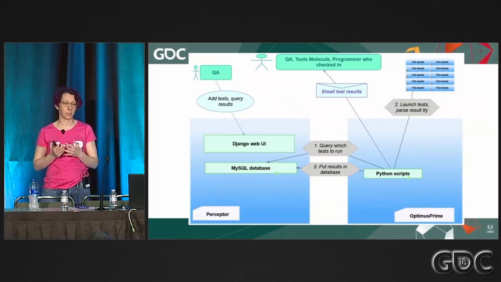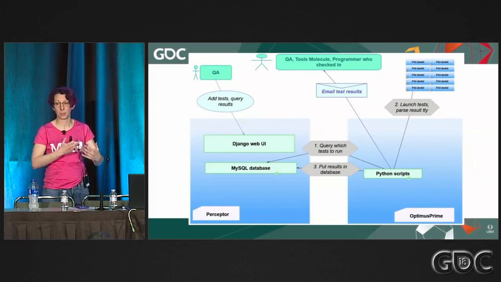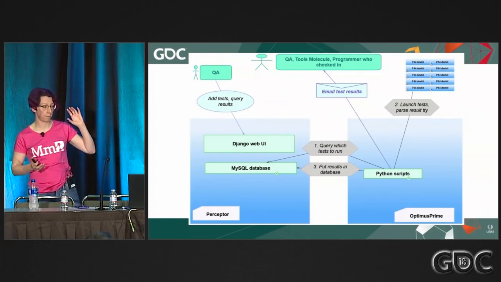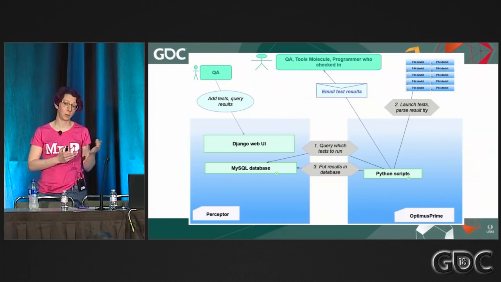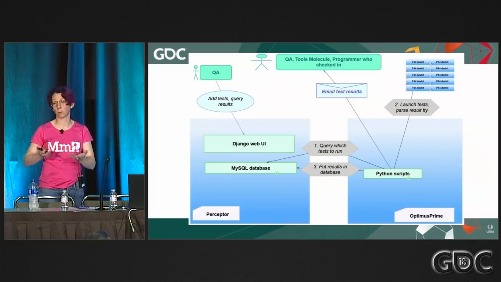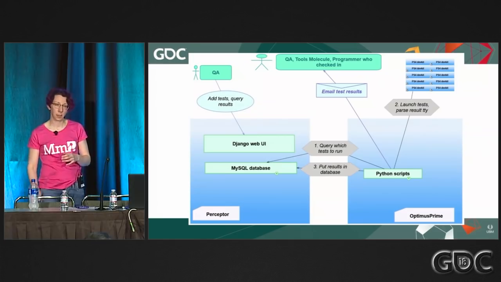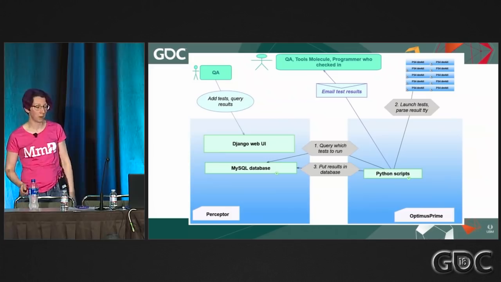Network neighborhood took another 30%. So basically the tests were running and we were getting the results back, and then we went to put them in the database and we didn't have enough CPU to do the database insert. So we split it up into 2 boxes. We have Perceptor, which does the database and the web UI, and then we've got Optimus Prime that runs the scripts, launches them on the dev kits, and gets the results. And that works quite nicely. And we've now got a wall of 27 dev kits, so it's toasty warm in that area of the office. I was going to put a photo in, but apparently I'm not allowed.